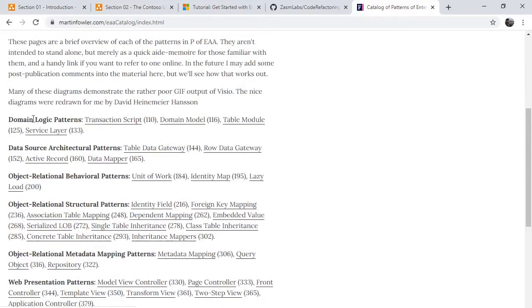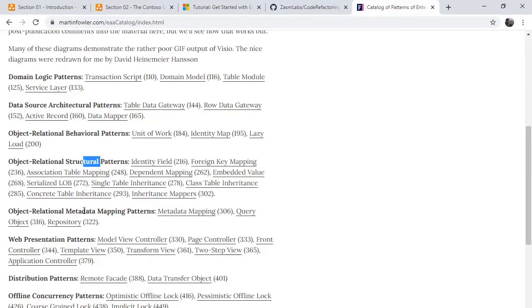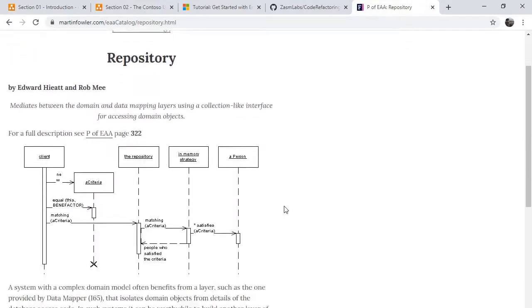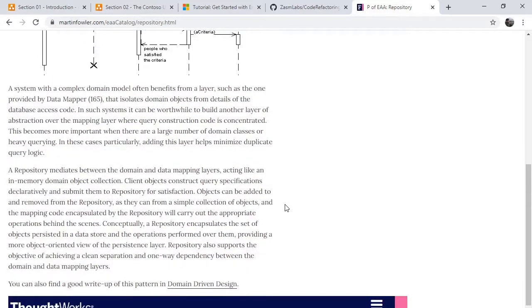So if I have to read through this list, notice that there's domain logic, there are data source patterns, there are object relational behavior patterns, structural patterns, and object relational mapping patterns. And then the mapping pattern is the repository pattern. And repository is an in-memory collection of the data. Alright, this document doesn't mention anything about it, but then when we have data as a collection,